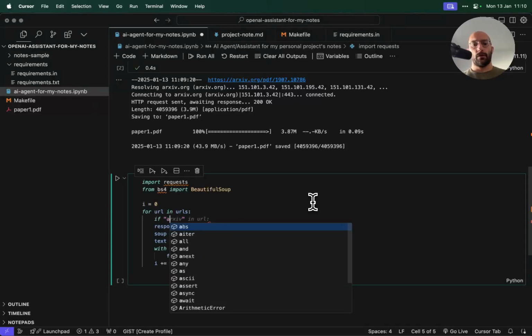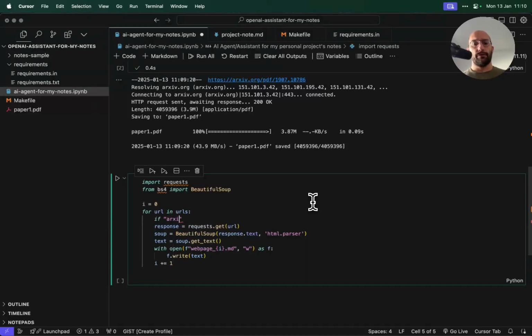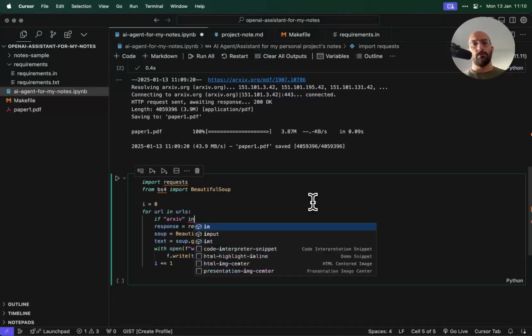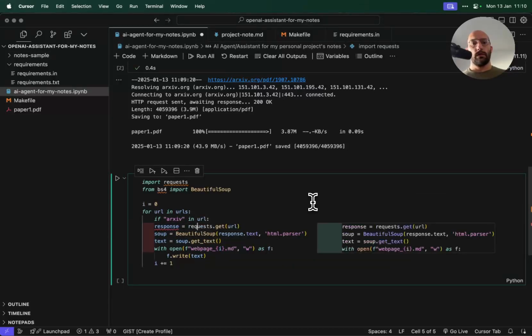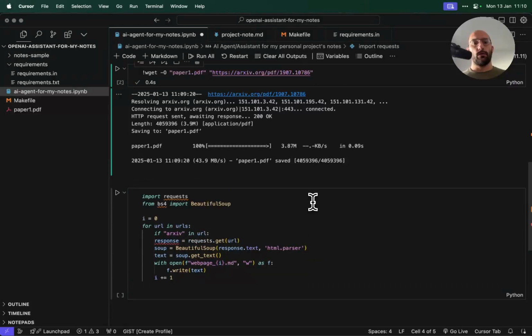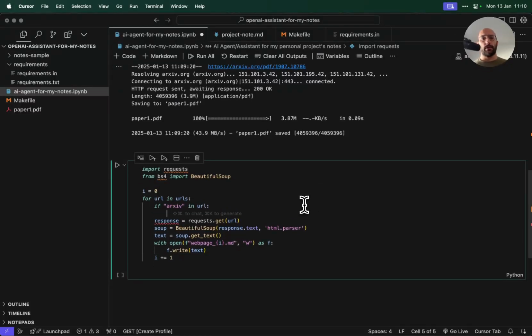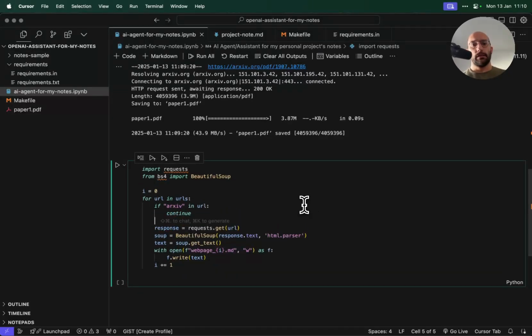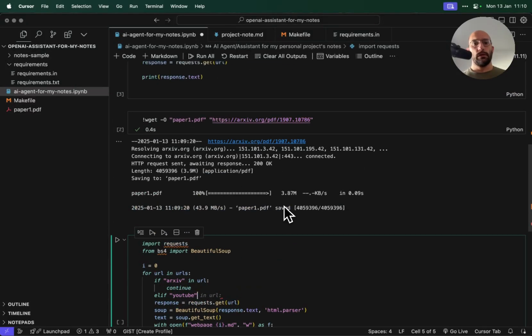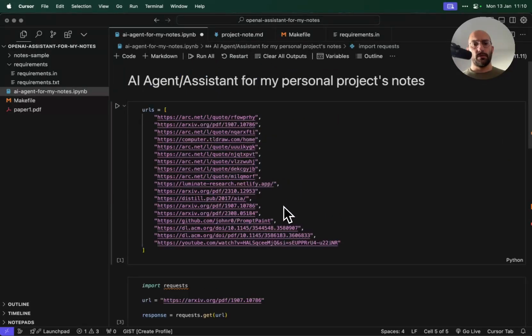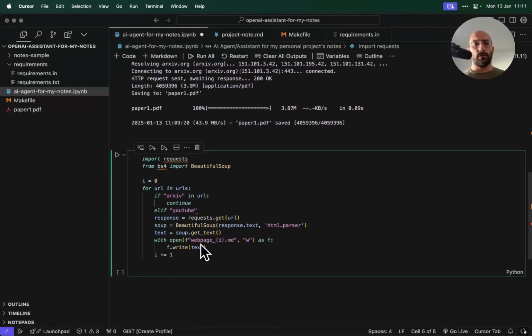And if arxiv is in the URL, we're just going to move on. So I'm going to say continue. And then if youtube.com is in the URL,